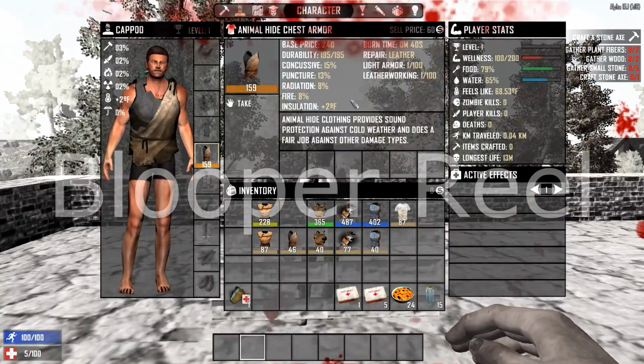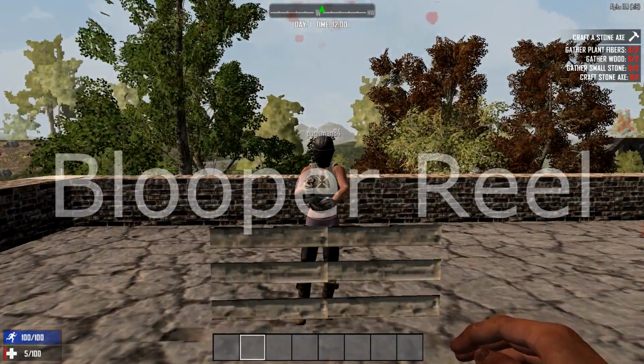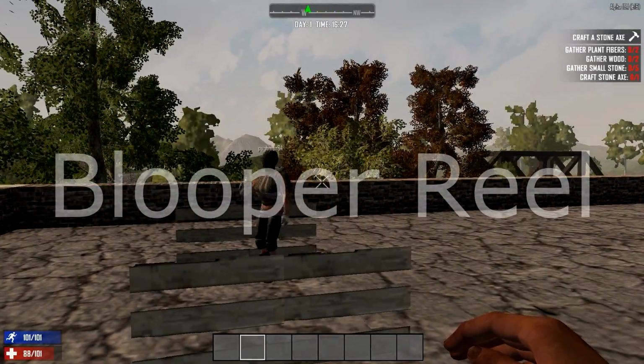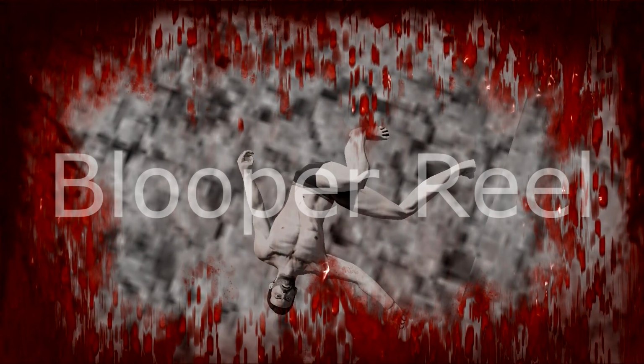Let's see, this one's got a... Holy cow. Where did you just... I wasn't ready. Okay, so we're gonna go ahead and test this out against the next piece of armor here. So let's get everything set up and oh crap. You son of a